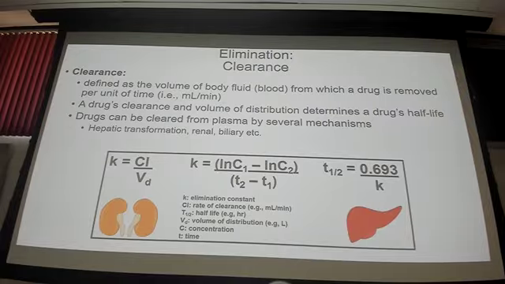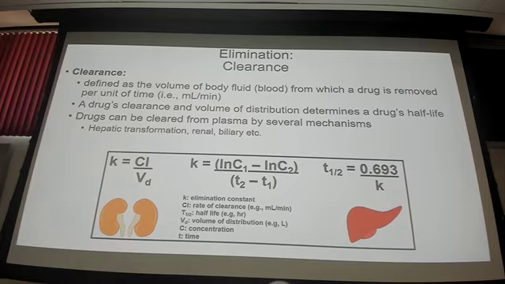So, a drug's clearance is a measure that describes how efficiently a drug is removed from the body, and it's crucial for determining a drug's dosing regimen and a drug's half-life. So there are three mechanisms of clearance. We have hepatic transformation, biliary, and renal clearance. Does anybody want to tell me what they think hepatic transformation is? Yes. Correct. Phase 1 and phase 2 metabolism are